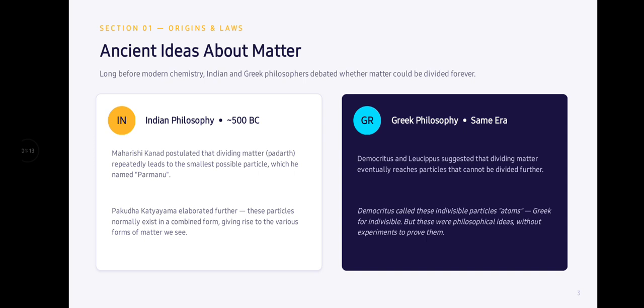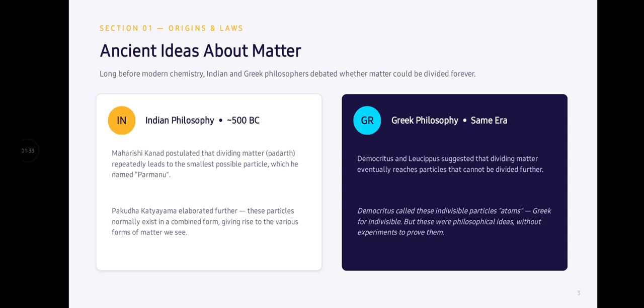Pakudha Katyayana elaborated further. These particles normally exist in a combined form, giving rise to the various forms of matter we see. Greek philosophy in the same era,